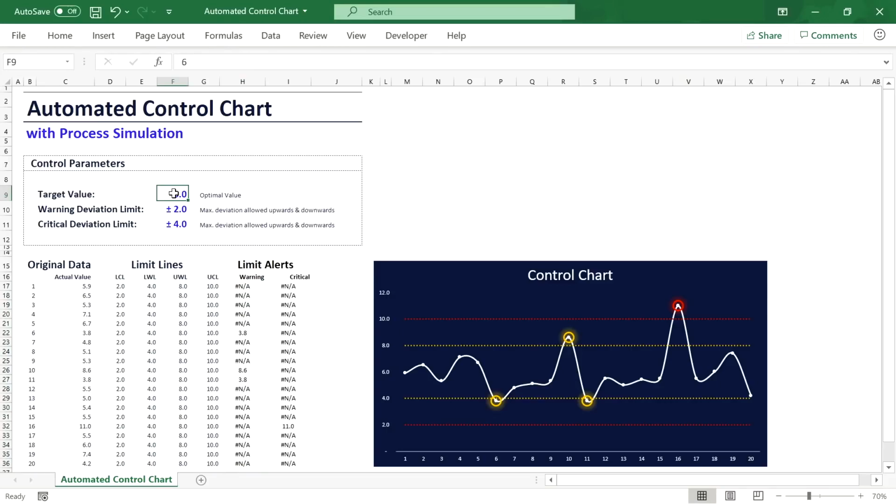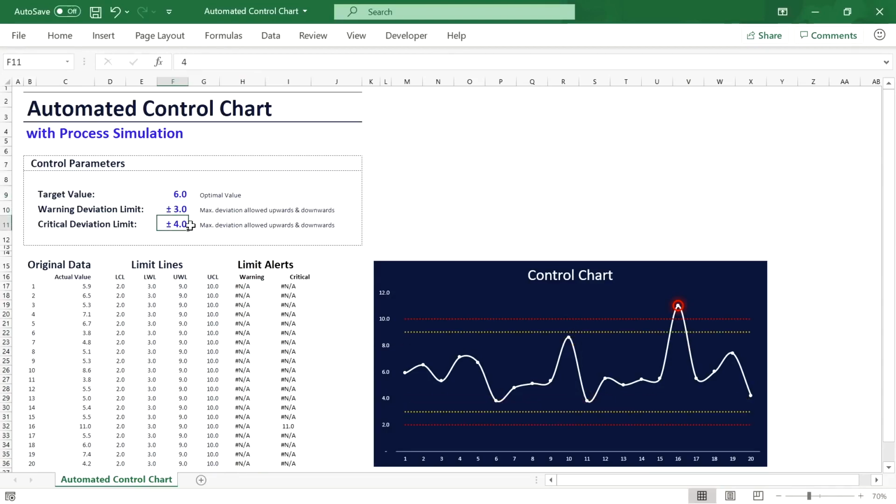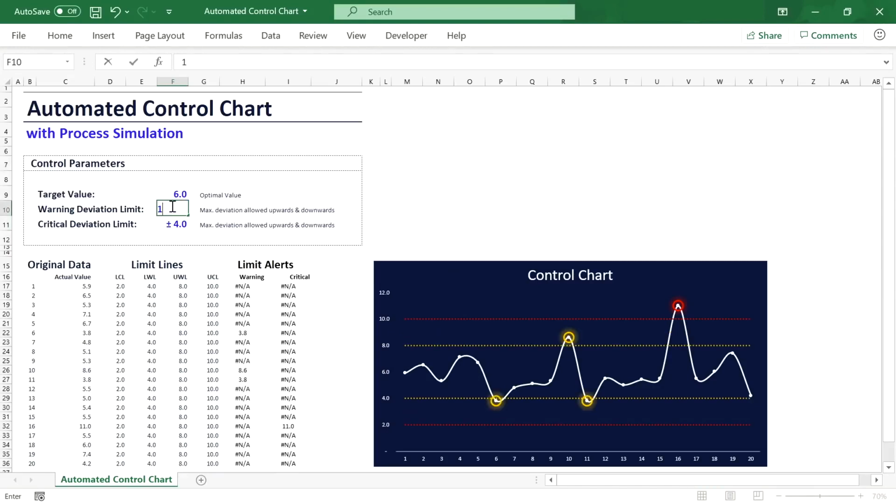If we, for example, increase the warning deviation limit to ±3, you see the orange line moves in the chart and the highlighting alerts adjust automatically. If we reduce it to 2 again, they highlight everything correctly. We could also make this limit more tight, and now we have an extra warning popping up at the end